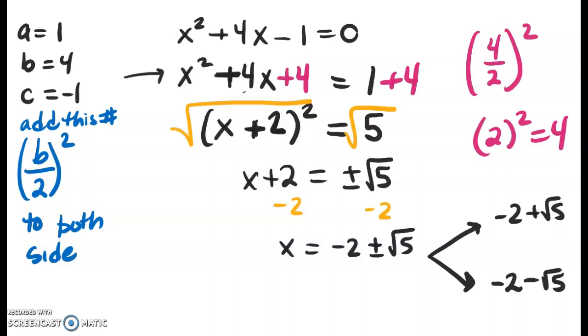When you're answering these in ALEX, you make sure to separate them with a comma. It's not looking for a decimal approximation. It's looking for this exact value, so you want to make sure you use this. And then I can check it by plugging this